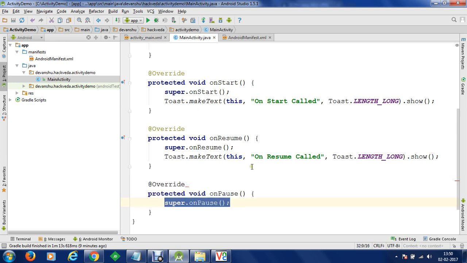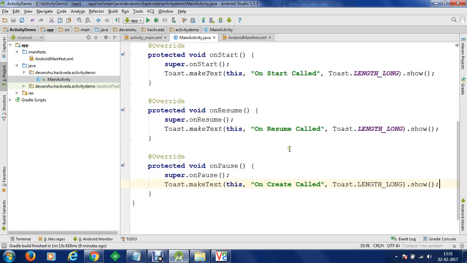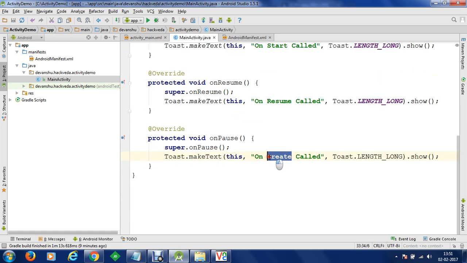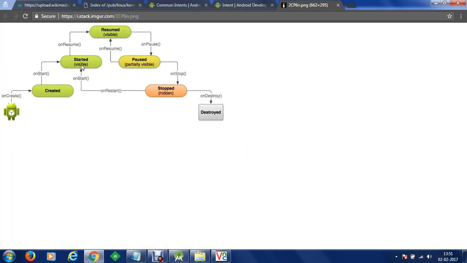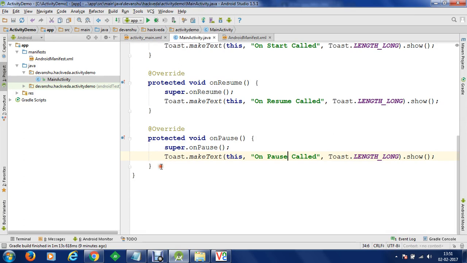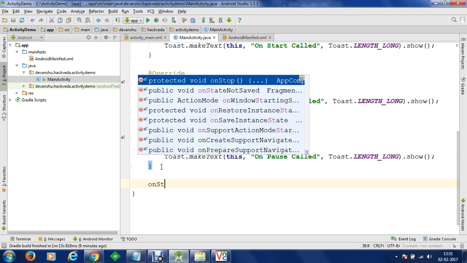Now once you have used onPause, clear? Your onPause method has been executed, and in the same way we can create onStop and onDestroy as well. These are the methods available in the Android activity lifecycle.